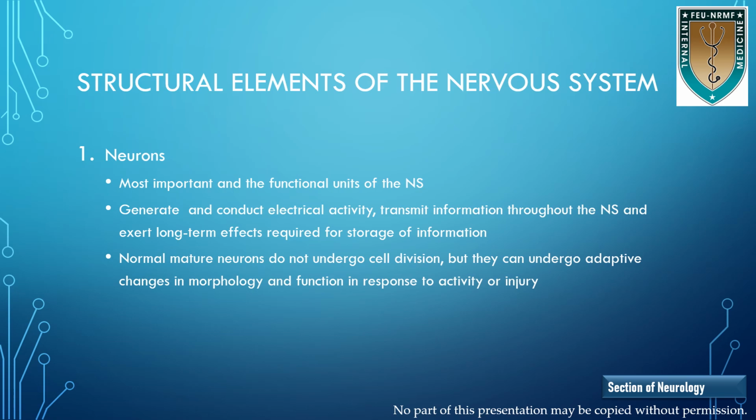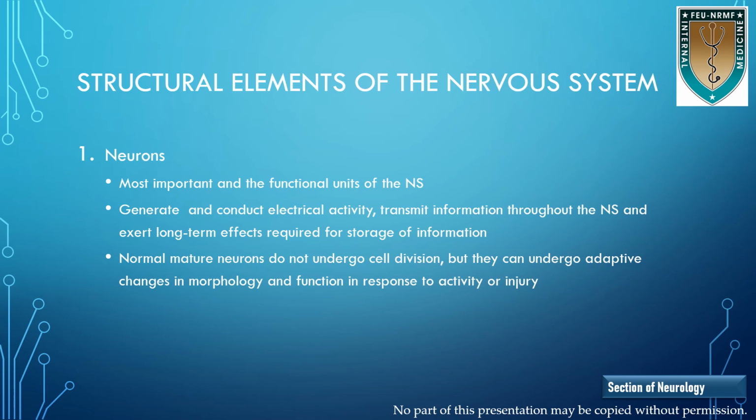To start with, the nervous system is composed of cells coming from the neuroectoderm and the mesoderm. The neurons and the glial cells are derived from the ectoderm, whereas the other supporting cells are derived from the mesoderm. The functional units of the nervous system are the neurons. These are the most important cells of the nervous system. They have two important and interrelated functions, that is, signaling and tropism.